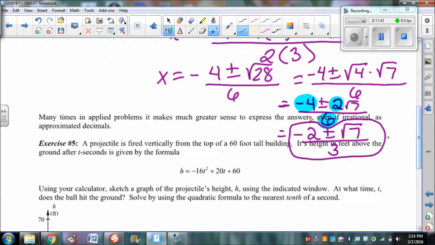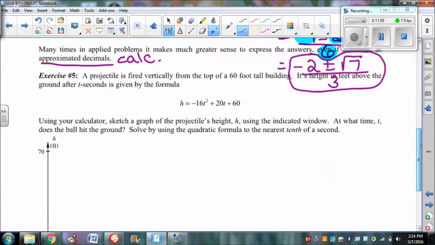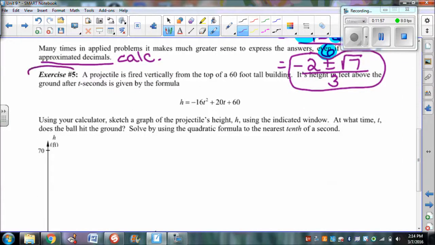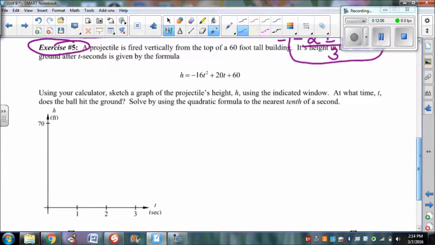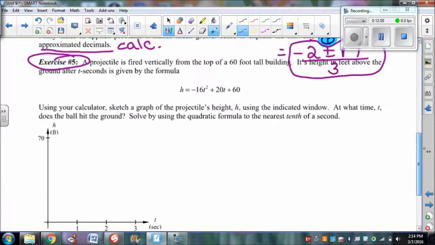Okay? All right, now it says many times in applied problems, it makes much greater sense to express the answers, even if irrational, as approximated decimals, meaning you're going to get your final answers all through the calculator. Okay, so I'm going to have you guys do exercise 5 on your own. It talks about a projectile, something thrown into the air. Go ahead, follow it through, and tomorrow we'll go over these in class,